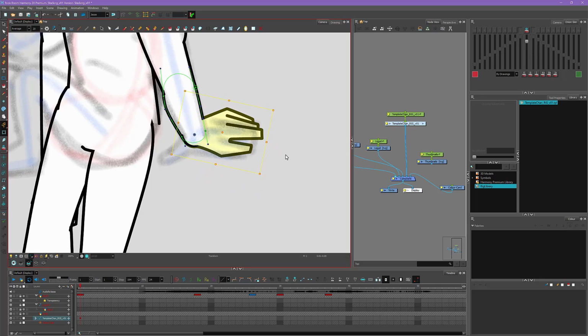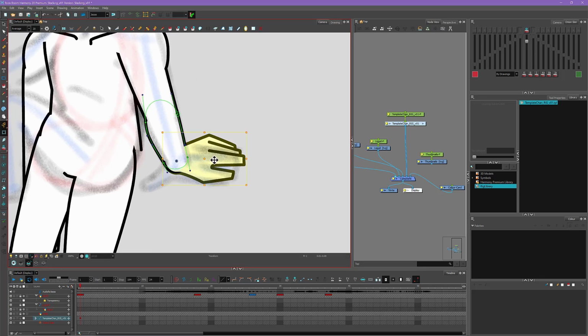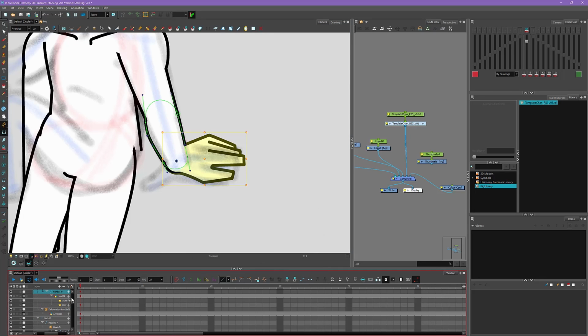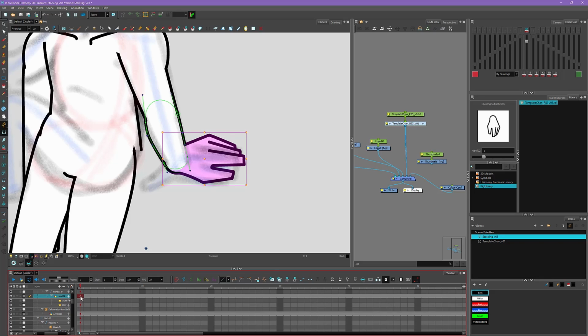And then for this hand, we want to redraw it, right? We want to draw a new hand for this position right here. So I'm going to select this layer, go down to my timeline, press O to navigate to that layer, and that's this hand drawing right here. To do a new drawing, I can either click create blank drawing or create duplicate drawing. I'm going to create duplicate drawing just so I can reuse these fingers that I've already drawn and just redraw the thumb to be over here.